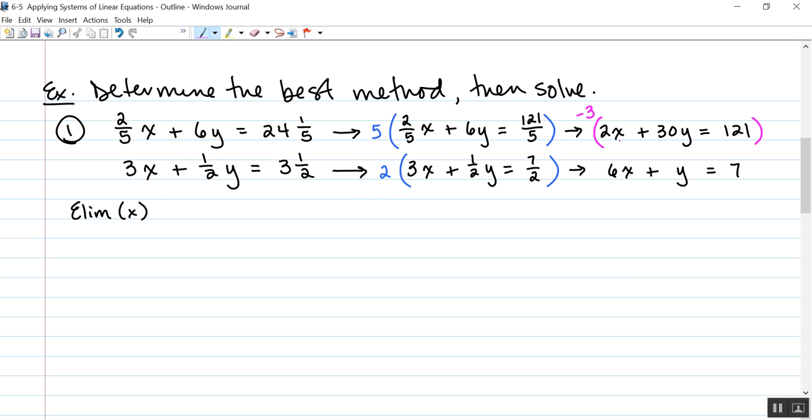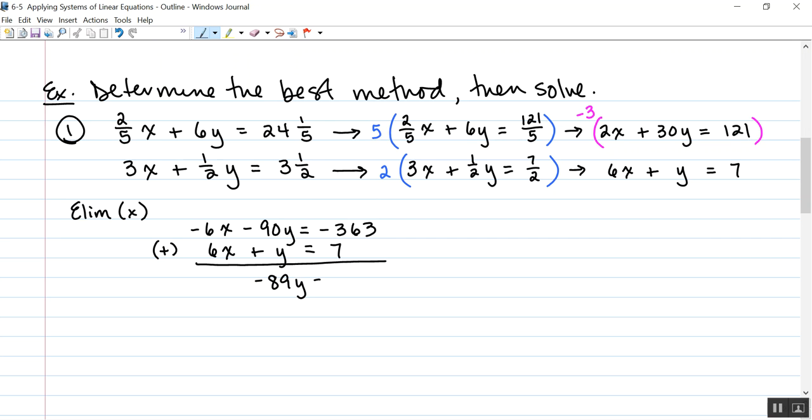Okay, so I'm going to take my first equation and multiply this one by a -3. That's going to give me a -6x here, which will cancel out with this 6x in the second equation when I add the two equations. I'm going to move these down here so I have a little bit more room. So that's going to give me a -6x minus 90y equals a -363. Yes, these are going to be big numbers, but that's okay. Grab your calculator. And then the second equation, 6x plus y equals 7. And I'm going to add these two equations so that I can eliminate my x's. And that's going to give me a -89y equals a